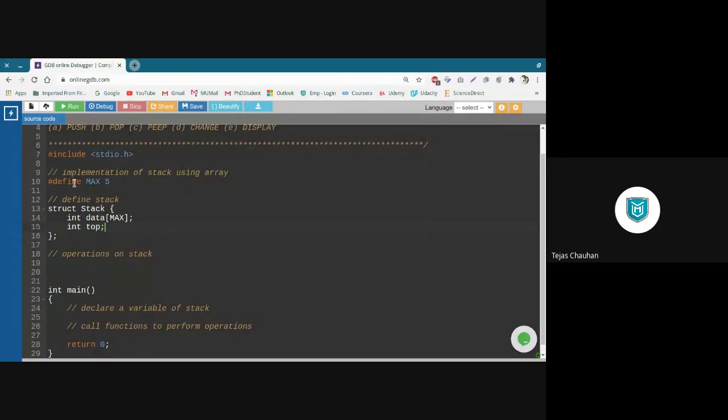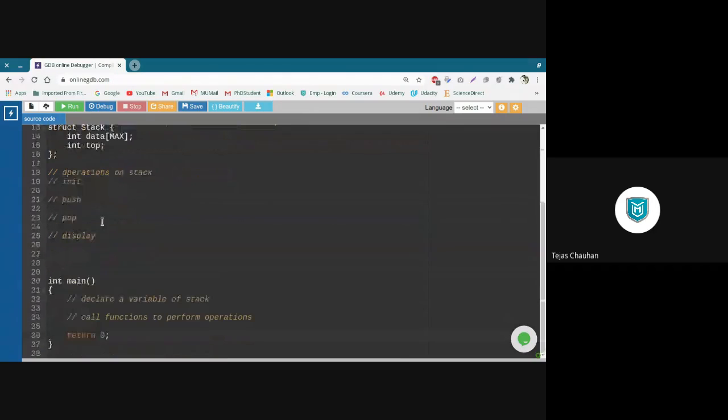This is defining a max, and we define a stack. So that's the definition of stack, which has one array and one top pointer. And then we are going to define operations. So normal operations, you will know, we need init operation, then push operation, pop operation, display operation, and so on, right?